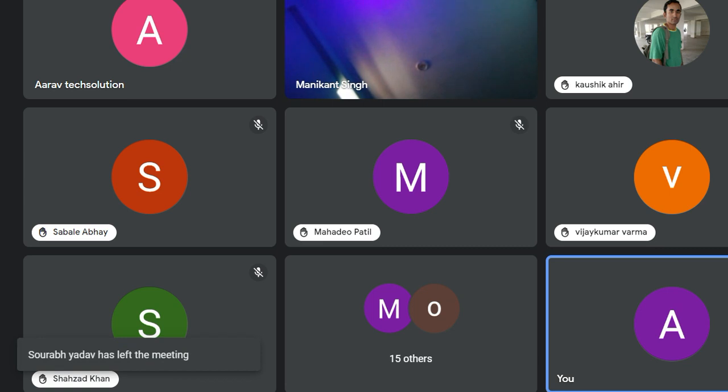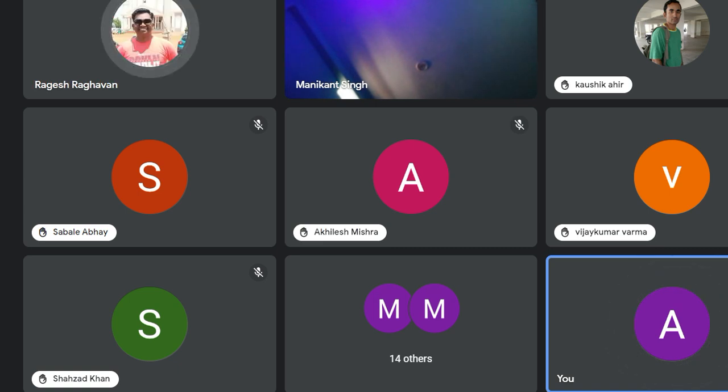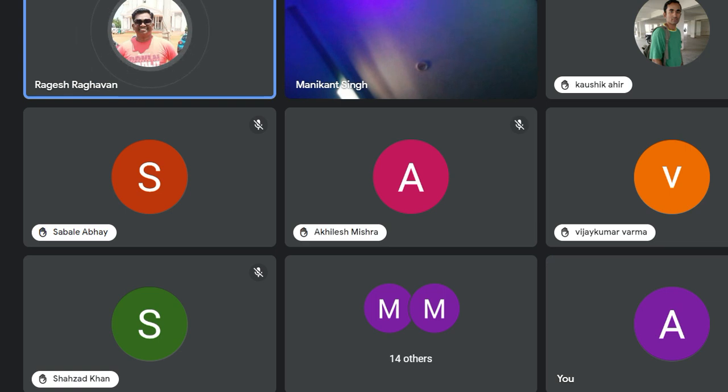What about the rest of the guys? Akhilesh, Amol, Dheeraj, Govind, you have joined multiple demos but are still thinking. So guys, feel free to ask.